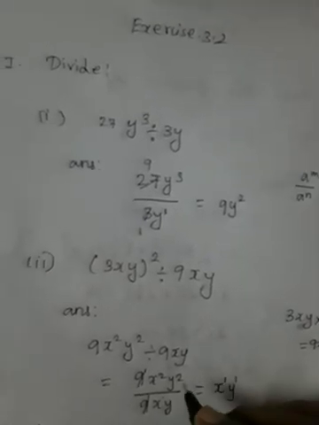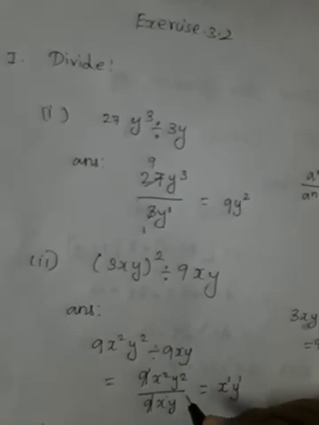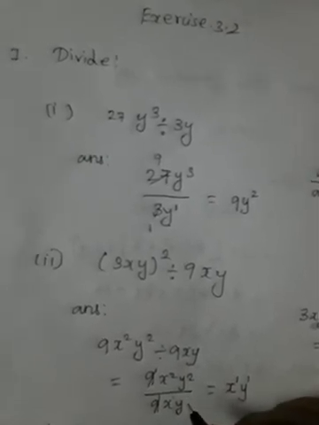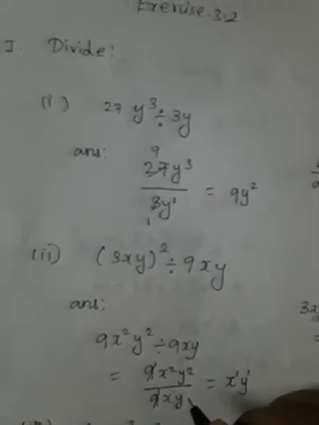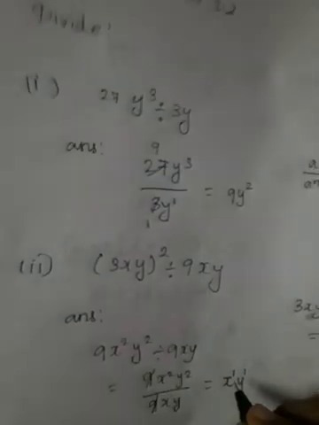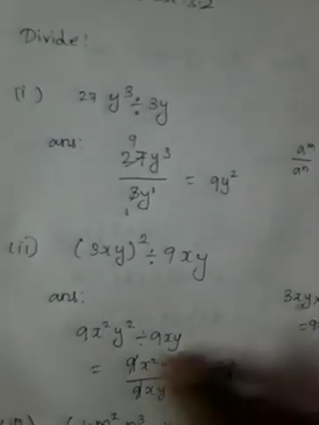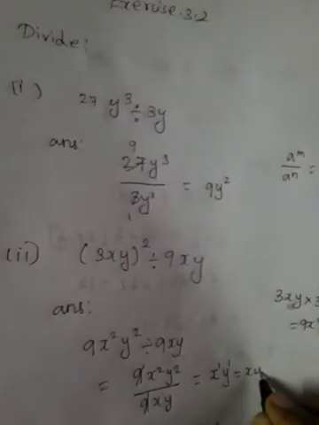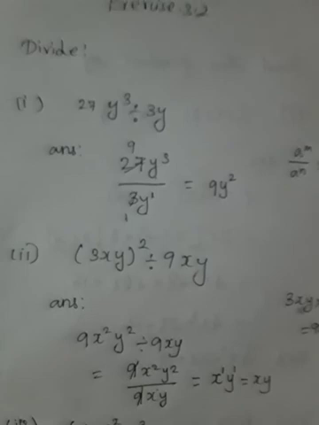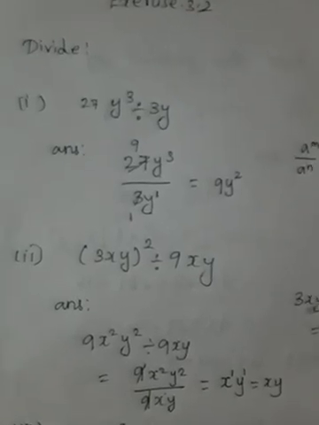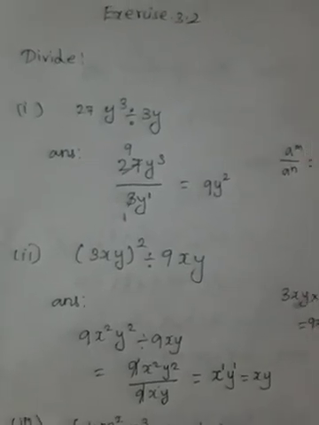Okay, so if it is in division, if it is a like term, that is the most important thing. It should be a like term. If it is in division, you can subtract the powers. So x power 1, y power 1 can be written as xy. If the power is 1, you don't want to mention it. So the answer is xy. Very simple, no?